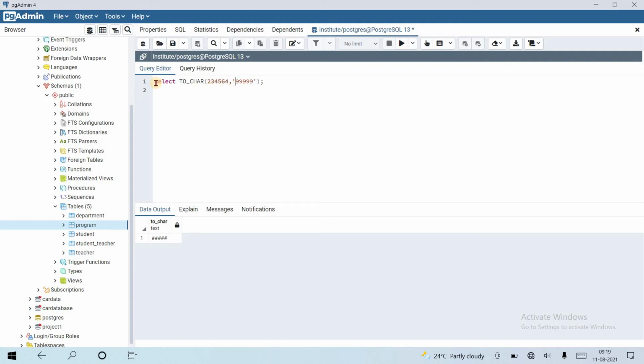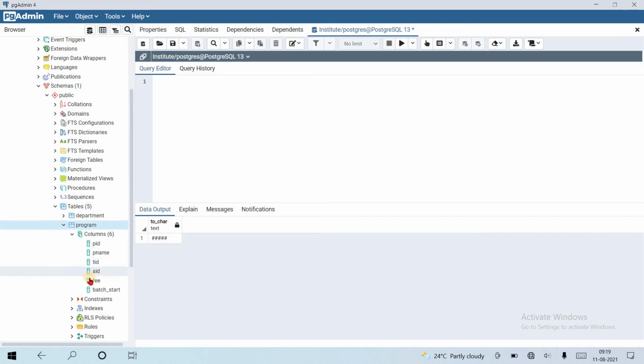That's all about this format. Let's see another example, a date example. Let's convert it into a character. Suppose in our program table there is batch start. Select the batch start column from program.